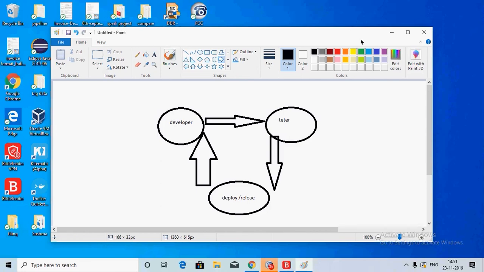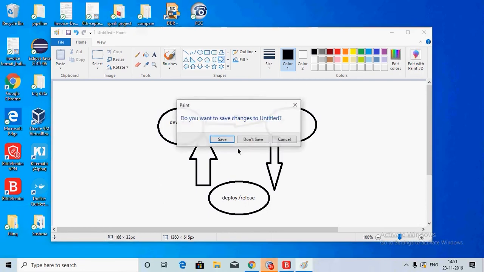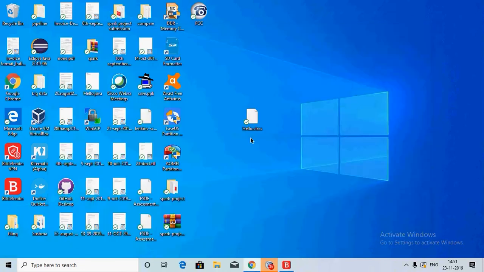Now if you still did not get my picture, I would like to give you a very good example. Let us take railway reservation. 20 years back, we used to do the reservation by standing in the queue. We needed to purchase our ticket by standing in the queue.